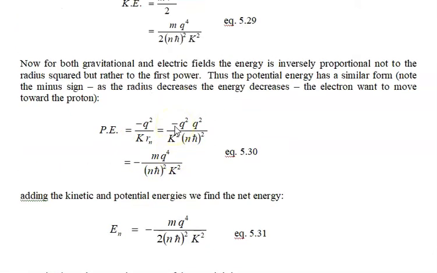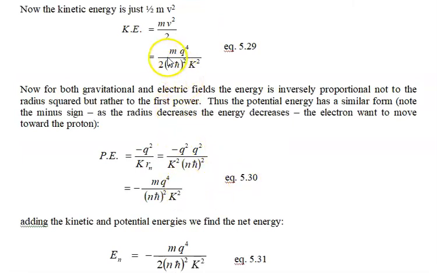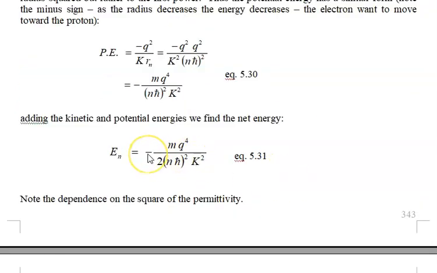Look at equation 5.30 and compare it to 5.29, they're the same, except for the factor of 2. So if we add them up, since this guy is bigger, we have a negative sign here, and we bring down a 2, which is basically the same form, except this is 1/2, and this is 1, so that's where we get the minus sign, and it's 1/2. And we note the dependence on the square of the permittivity. The permittivity would be in the numerator, because K is equal to 1 over 4 pi epsilon 0, if it's a hydrogen